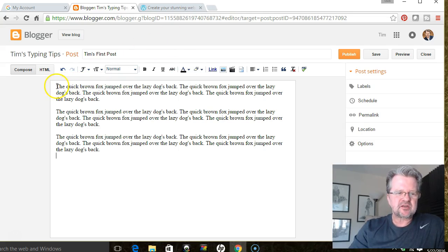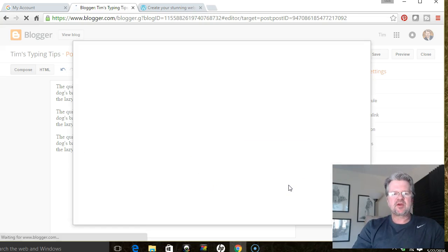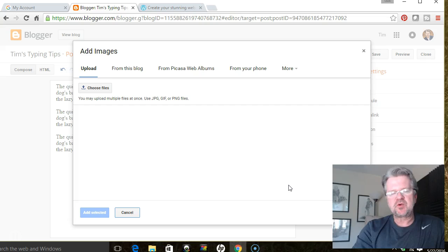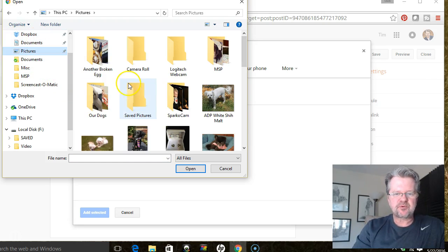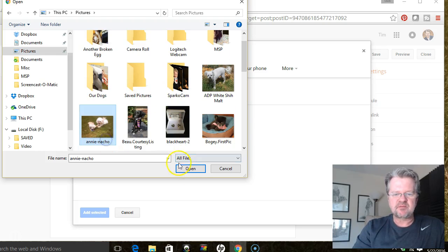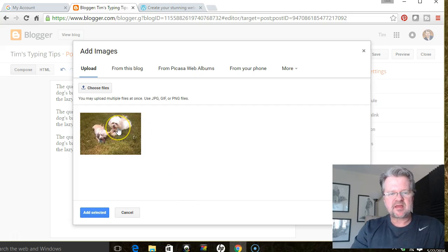You can insert images. Just click wherever you want the image. Click on that. It's going to give you some tips. You can drag and drop things. Okay, I got it. You can upload images into your media library. For example, if I want to upload a file and I'm not sure what images I have here. This could be quite a surprise. There's a dog. You know me, I'm always loving my dogs. This is Annie and Nacho. And so it will insert it right in the